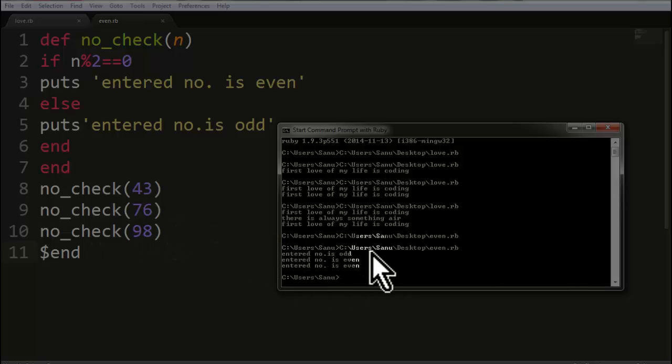One of the main uses of the function is we don't need to write our code repeated times. Here in any program, if we want to check whether a number is even or odd, we don't need to write the if else statement a number of times. We have to just call our function name, write the number, and it will give the result by checking whether the number is even or odd. We don't need to type our mathematical code to check whether the given number is even or odd. That's how the function is used in the Ruby programming language.